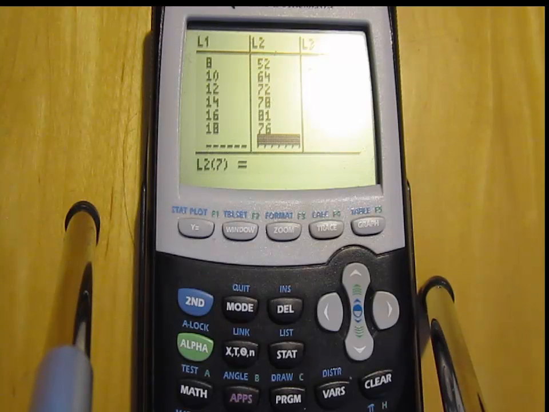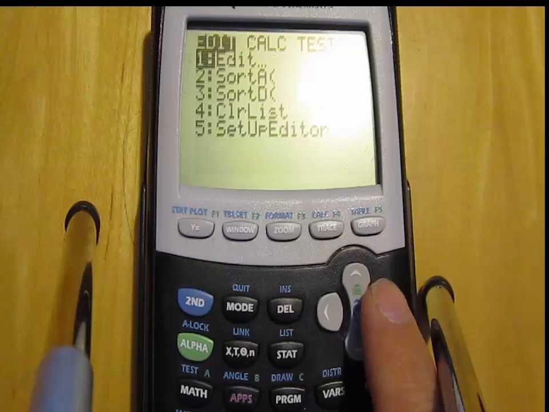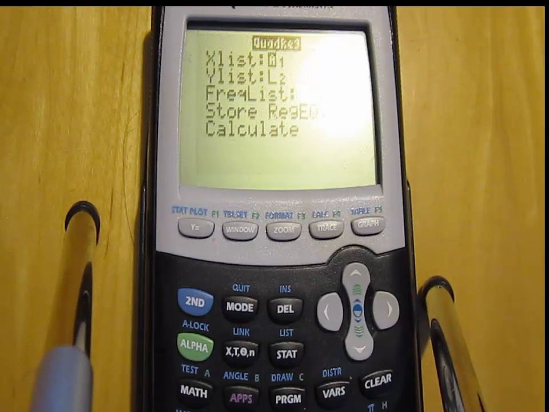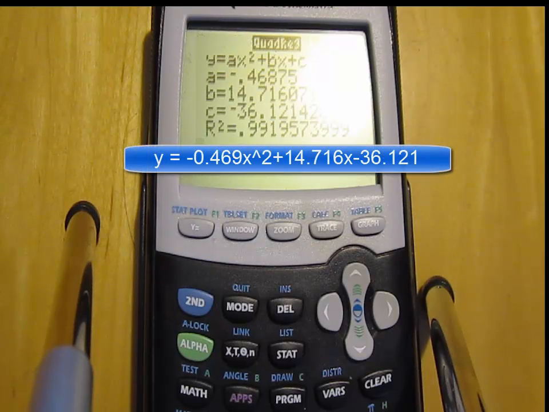After you enter all the data, hit Stat, Cal, move down to 5, quadratic regression, enter, and then keep entering